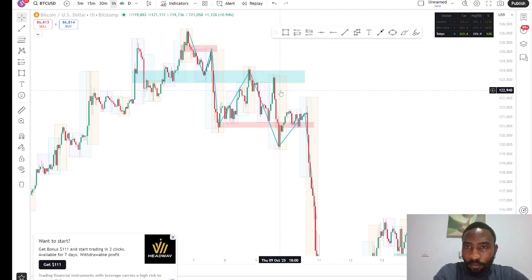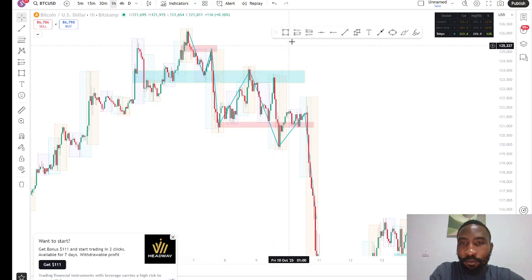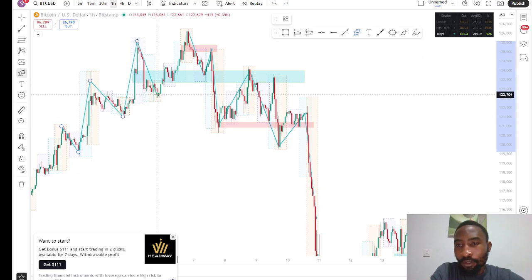So again, now you can see on 1 hour time frame. Why? Because again, look at the trend that we'll be having. The market has been retesting this area, creating higher high and higher low. We have higher high, higher low, higher high, higher low. We have higher high. Then instead of this to continue,